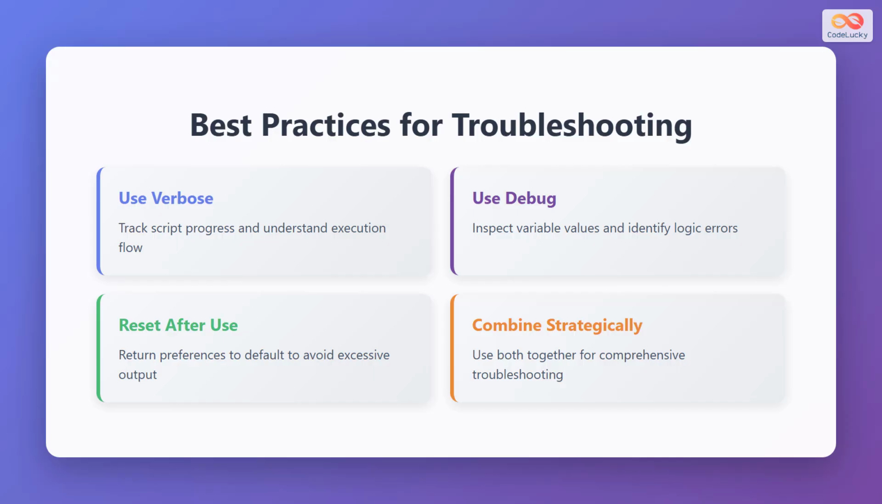Let's wrap up with four best practices for using these preference variables effectively. First, use verbose output to track script progress and understand execution flow when you need to see what's happening step by step. Second, use debug output to inspect variable values and identify logic errors when something isn't working correctly. Third, always reset your preferences to their default values after troubleshooting to avoid excessive output cluttering your console during normal operations. And fourth,